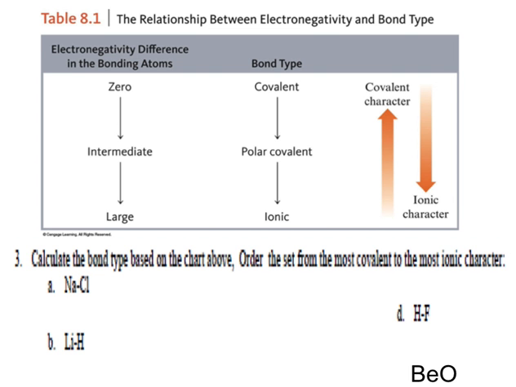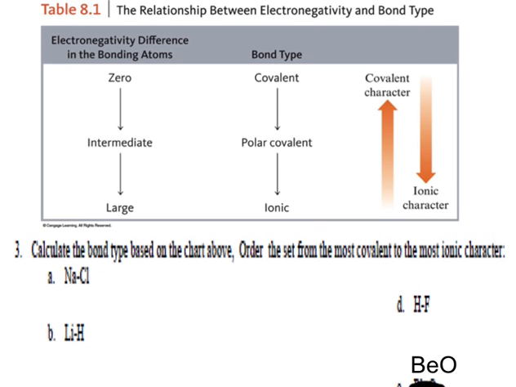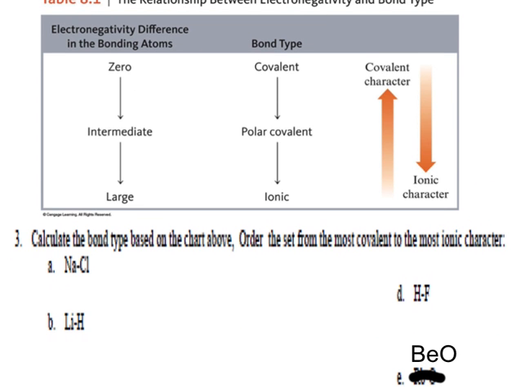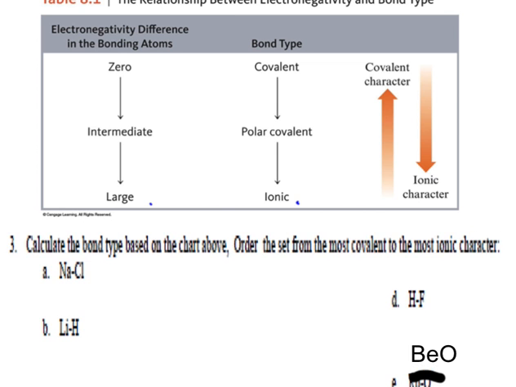So here is just a little chart, nothing too fancy, that shows you that if you have a big electronegativity difference, they're ionic compounds, and that's what we call a high ionic character or a low covalent character. Character just being,